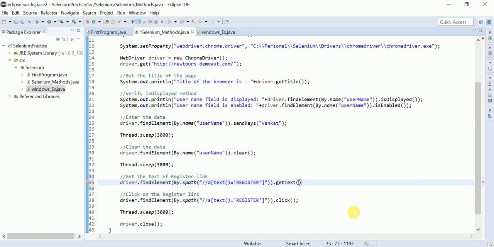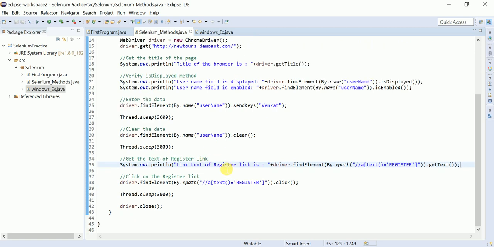Okay, so I just want to print the getText of this one. How can you print it? Link text of register link is. Okay, so I close here, and that's fine.